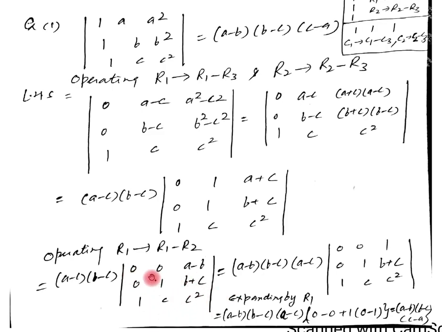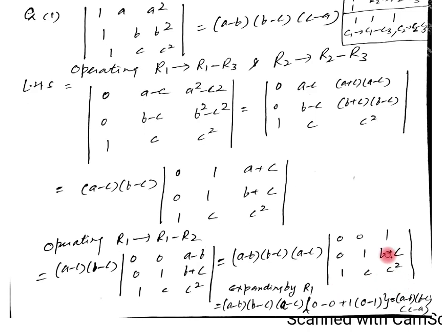Now again in the first row, a minus b is common because these are 0. So a minus b is common from the first row. We can take it out. It becomes a minus b, b minus c, a minus c. We are left with 0, 0, 1. Again second row and the third row will remain as it is. Now it is totally simplified. We have to simplify the determinant as much as we can. Otherwise we can also expand it from this, but it is not properly simplified. Maximum expression you have to simplify in each and every question. Now it cannot be further simplified.